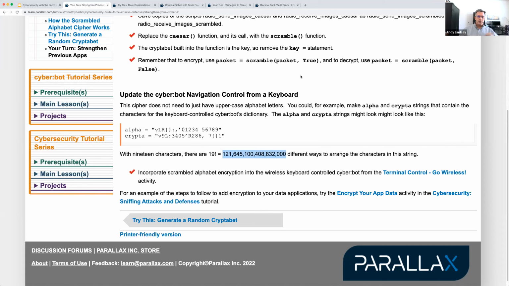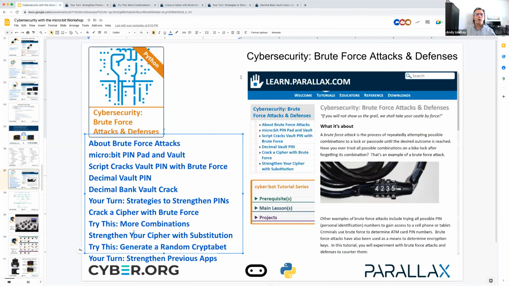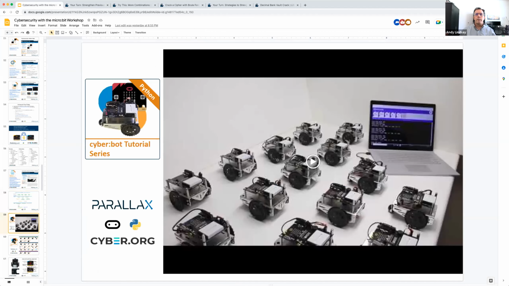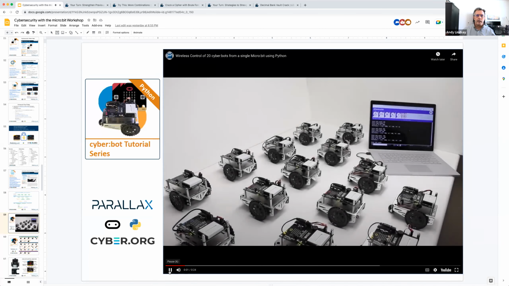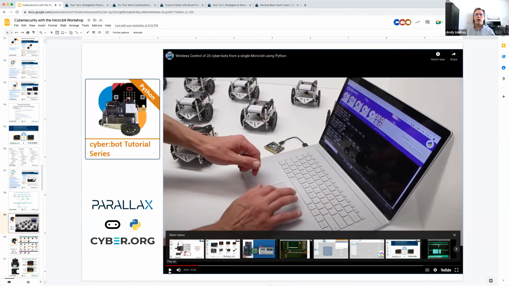All right, well, let's resume and do just a quick little thing about the Cyberbot robot, which allows you to extend these lessons quite a ways. So just to give you an idea of what a network would look like, here is a network of Cyberbot robots. Each of the robots has, of course, a microbit as its controller. And so we have one microbit here that's connected to Ken's computer, and he's typing in